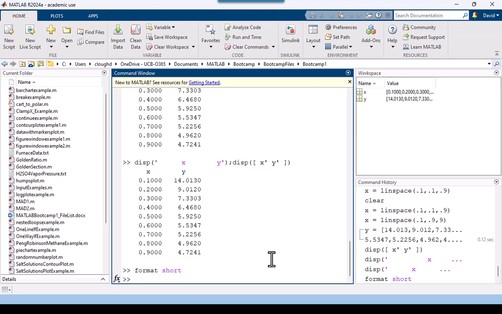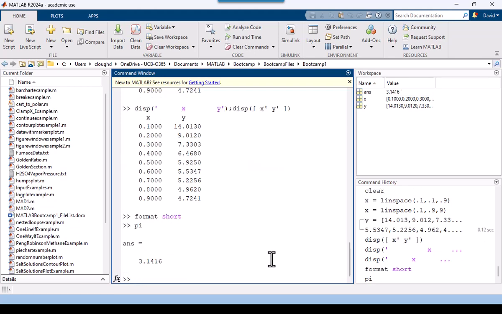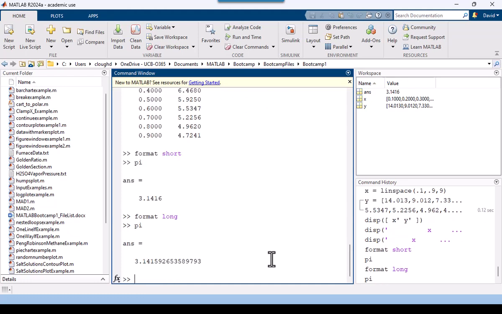And then, for instance, if I say, what's the value of pi, it shows it with 4 digits to the right. And then if I would say format long and let me see pi, then it shows full precision of pi. All right. Now this is the display format in the command window. It has nothing to do with the precision with which the numbers are stored. It's just how they are